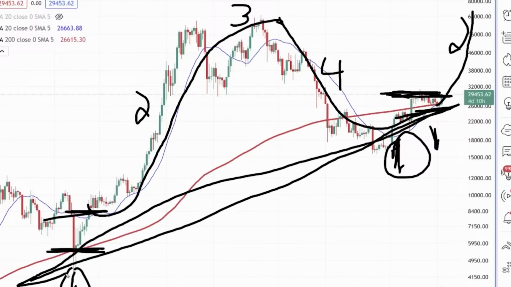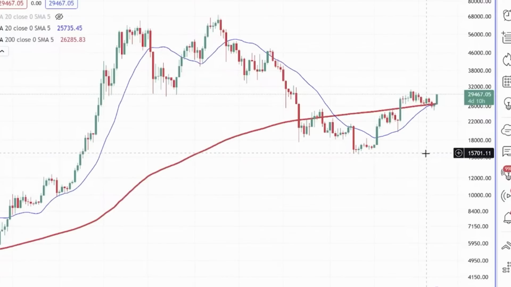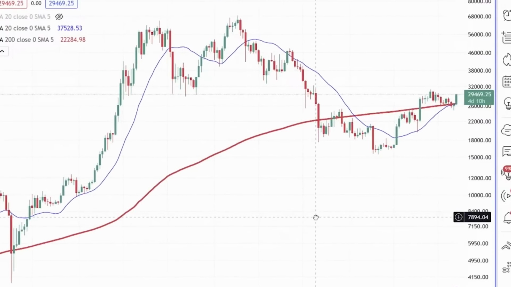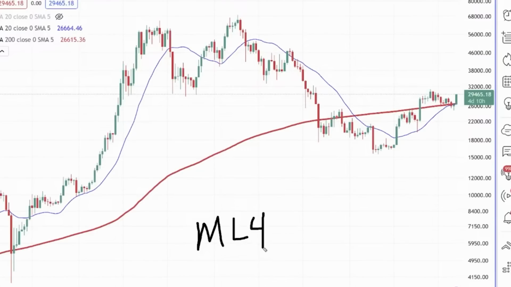One to one. All right. Should you be buying Bitcoin? Of course. That's what the whole purpose of our teaching you these concepts are for, to know when it's a buy. All right. What else have I taught you? Have I taught you market law 4? Have we gone over this? Market law 4